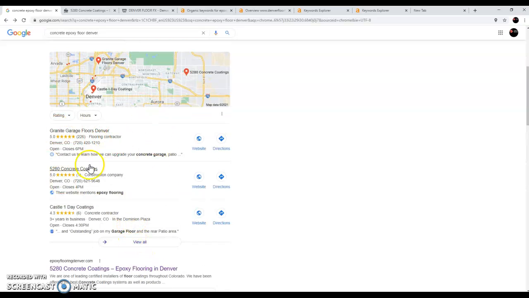So these get ranked by putting more entries in directories across the internet. It can be any number of directories. It could be Yellow Pages. It could be Yelp, Bing, in any kind of business directory. The more you have, the higher ranked you'll get, as long as it's relevant to your web page, your business. It also reviews and your pictures that are associated with the profile itself.